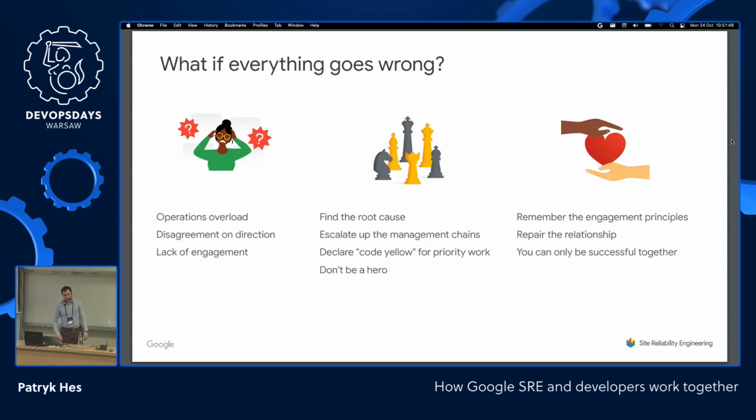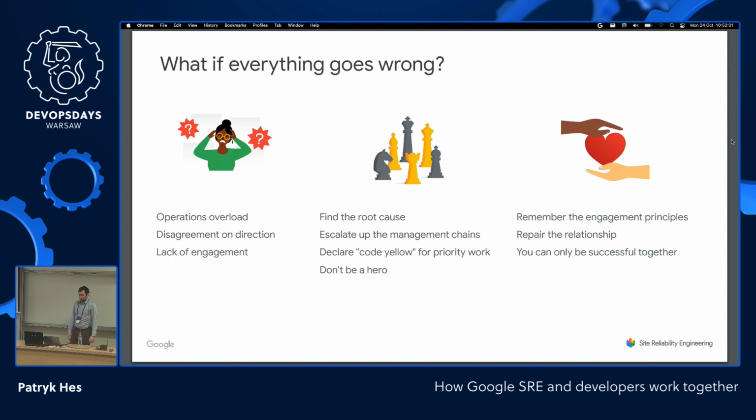And of course, what I'm telling you here is all ideal. It all works great in practice, in theory, right? But in practice, it doesn't have to be like this. However much philosophy you put in how teams should be shaped, there is always a risk of operations overload. There's always a risk of some friction between the dev team and the SRE team, or maybe even within the teams. Sometimes there is lack of engagement from either of the sides, and the best thing you can do is to apply the